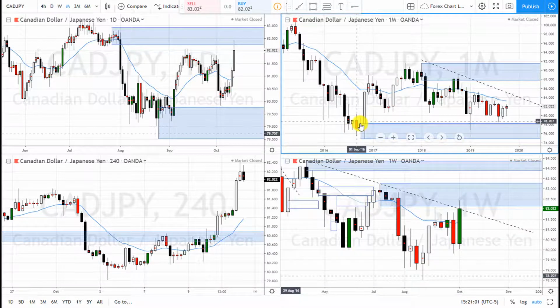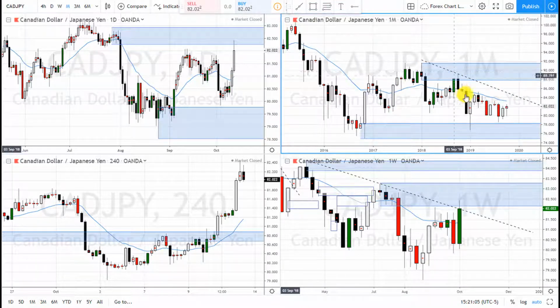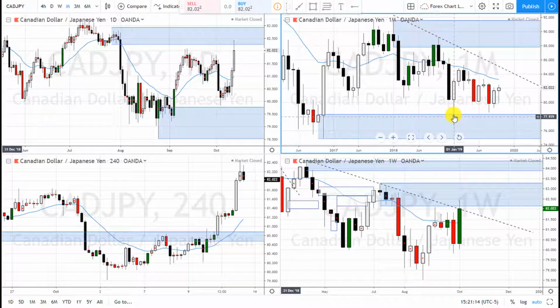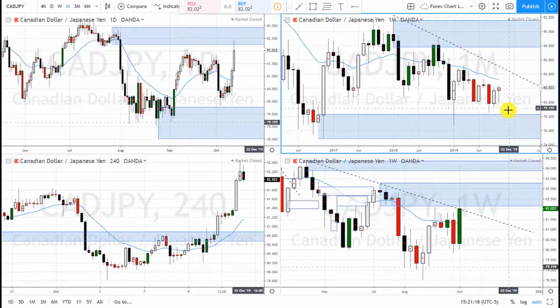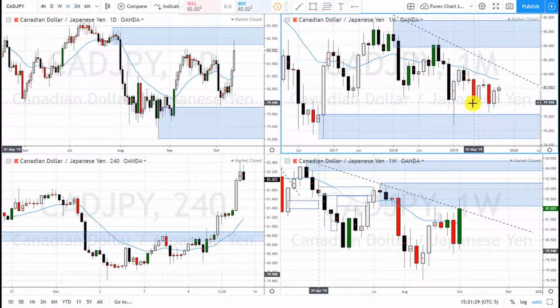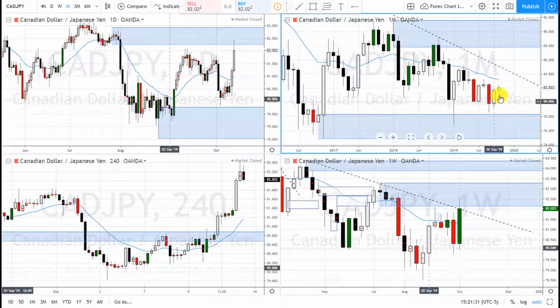On the monthly, price is ranging between this area of demand and this area of supply up here. So ranging, bouncing off. Okay. So price is telling us that it's getting weaker and weaker to the downside because price came down to this area of demand that's not tested, so it rallied for a while and then it's forming these bearish impulses. Okay,